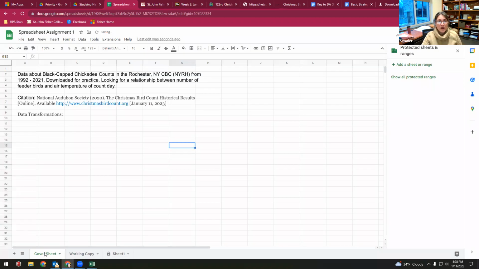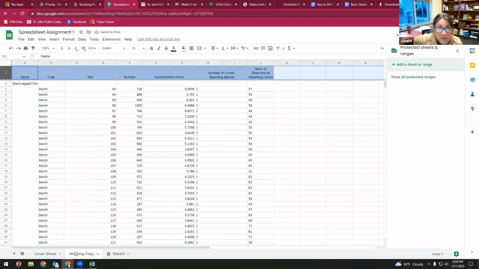We're going to go back to our working copy and see what we might want to do here. So, like I said, I kind of want to get rid of extra rows. And this column is sort of funny. Like there's the name and the code. The code is not that useful to me. So I want to create a column that's just names. And